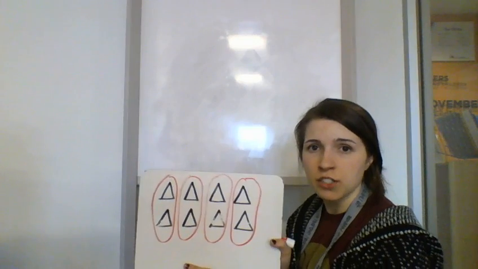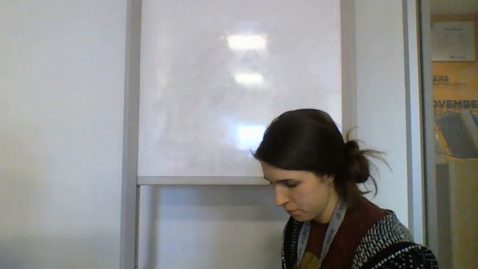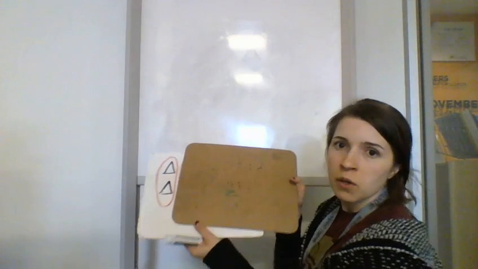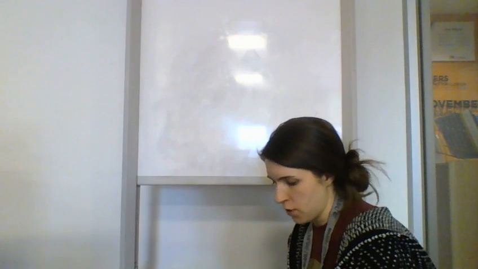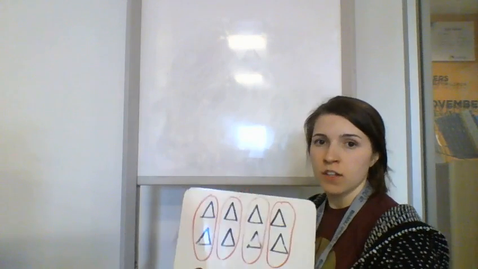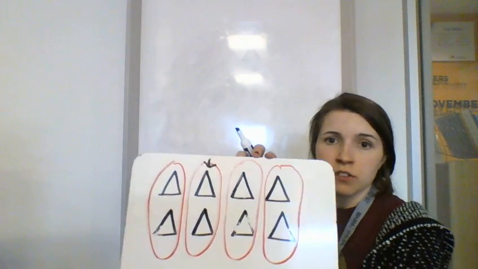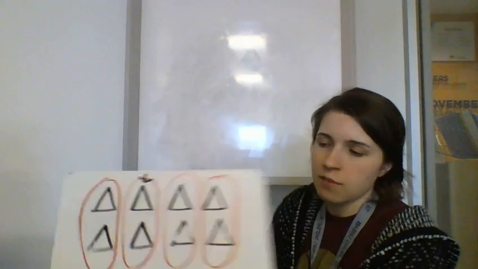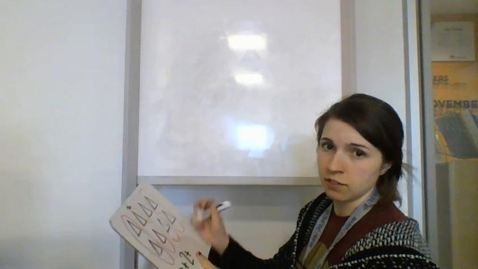So now we're going to make an equation looking at those columns. So looking at how many are in each column up and down. So first, we're going to look at the first column. There's 2 triangles in that column. So I'm going to write 2 underneath that. If you look at that second one, so this one right here, you'll notice there's only 1, 2. There's 2 triangles in that second column. So 2 plus 2,